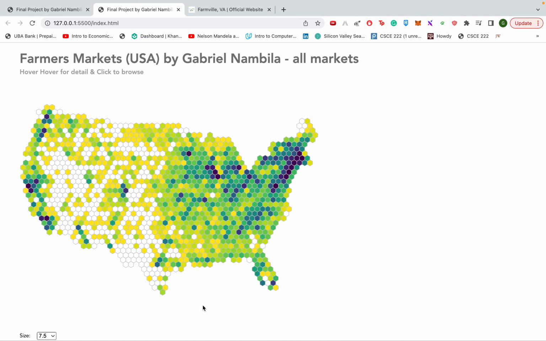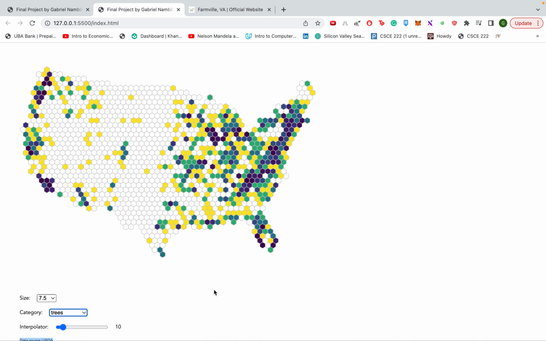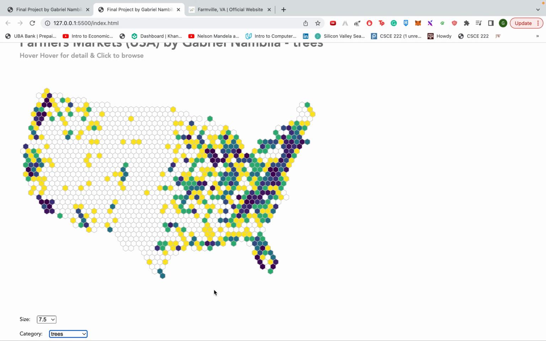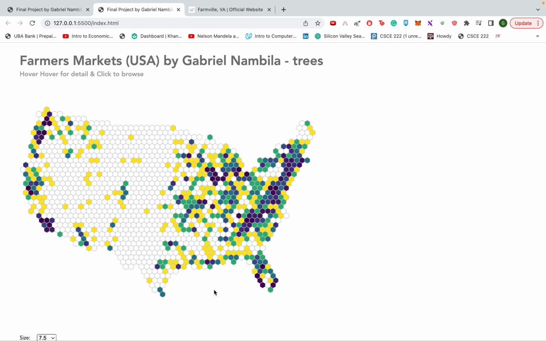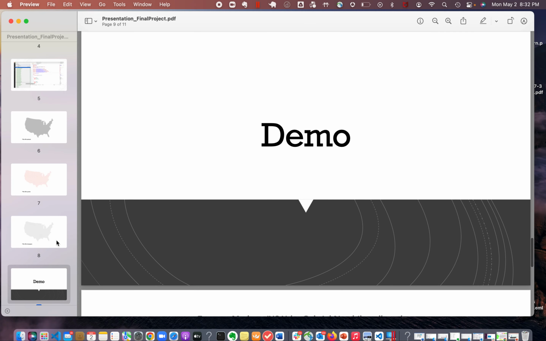And what I can even say is, based on this visualization that I created, other people can maybe export only what they need. So let's say someone is working on a project and they only want to see trees, a project where they focus on tree marketplaces. They could come to my project, pick the size of the hexagon, pick the trees category, maybe take a screenshot of it, and then use this visualization in their project. And so if we go back to the presentation and to wrap up,